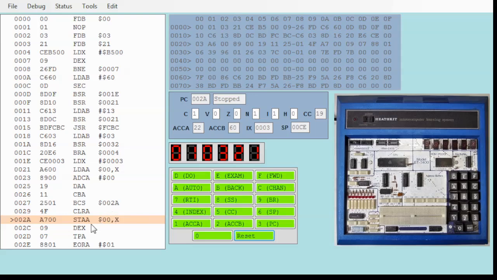So now what we do is an accumulator B was set to 60. What we're doing is to see if the seconds overflowed into minutes over here. We use the store accumulator A, which we've seen before, but this time we also use the index address mode at the contents of X offset by 0, which is a 3. So see, we had 21 seconds in here. If we execute this instruction,